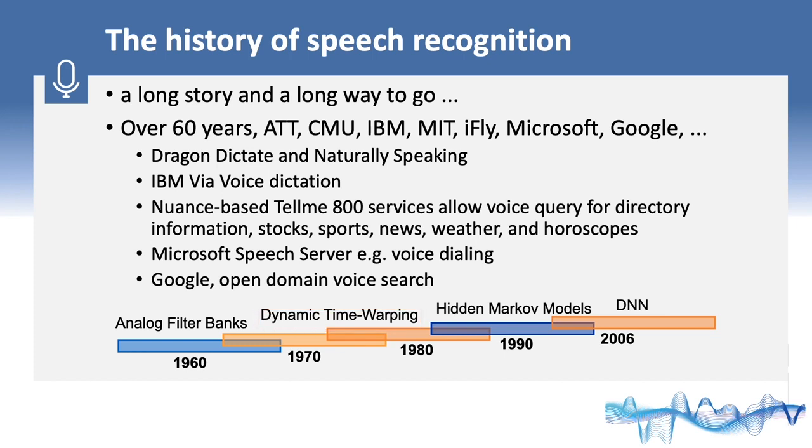In the 1970s, researchers at CMU began to use the Hidden Markov Model, HMM, for speech recognition. HMM proved to be a highly useful way for modeling speech and replaced DTW to become the dominant speech recognition